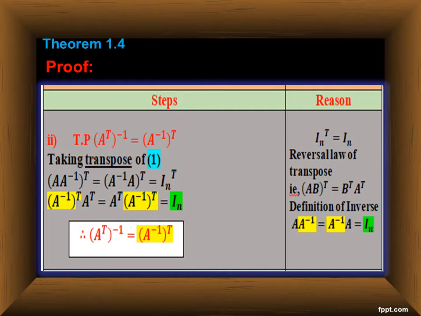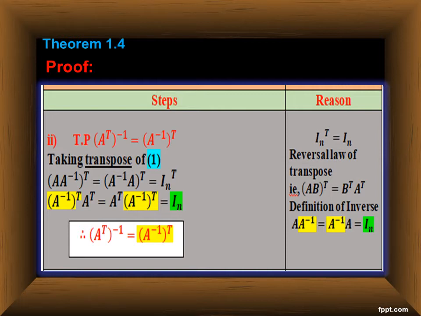Already you have studied the reversal law of transpose. That is, (AB) the whole transpose means we have to reverse the order: B transpose into A transpose. Similarly here, (A inverse) the whole transpose into A transpose. Similarly the next case, A transpose into (A inverse) the whole transpose equals, already we know In transpose equals